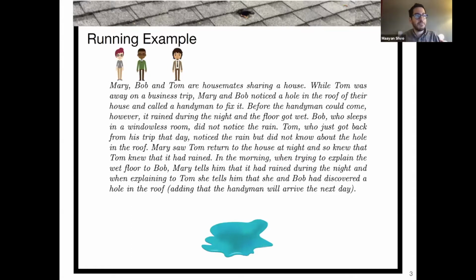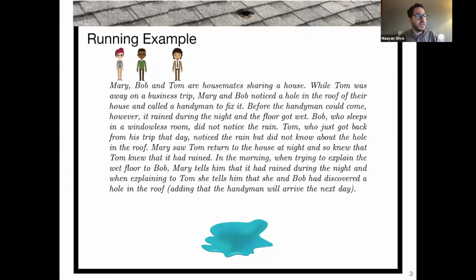So in this example, we have three roommates, Mary, Bob, and Tom. You can see them here. The important thing to know about their current situation is that it rained last night. There's a hole in the roof, if you can see it here, and the floor is therefore sadly wet somewhere